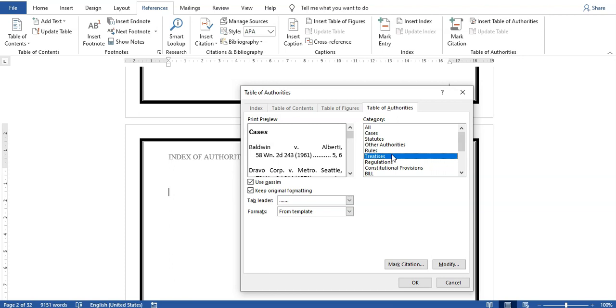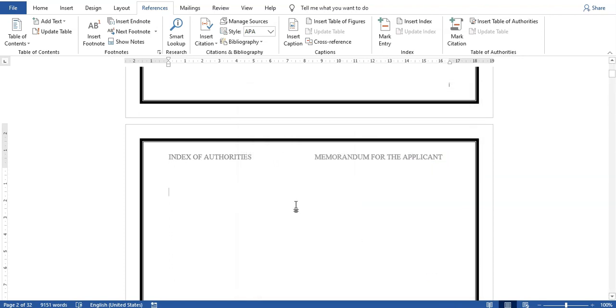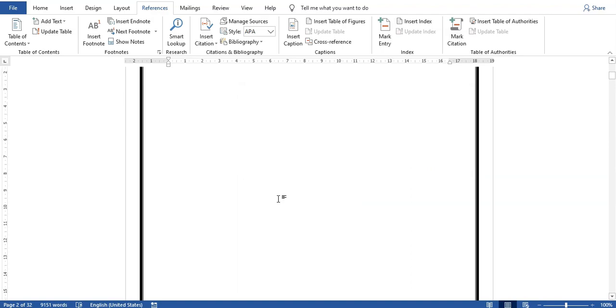Most of the times, for practice purposes, it is advised that you go ahead with whatever is there, and let us proceed with creating the table of authorities. As I told, the first step in creating a table of authorities is marking the entries.